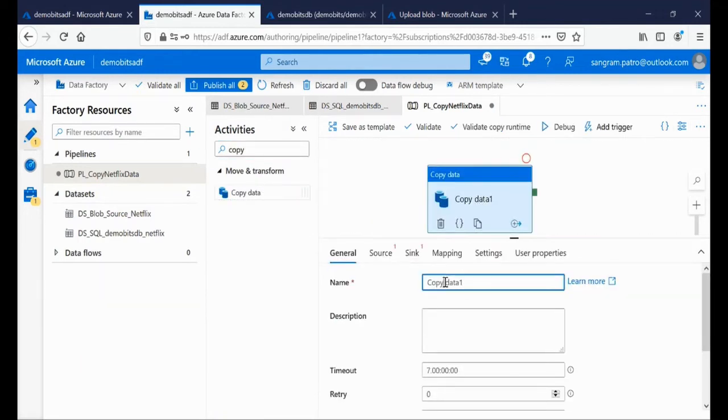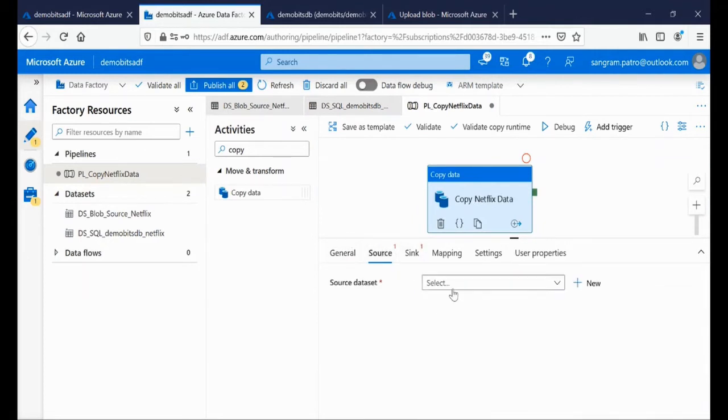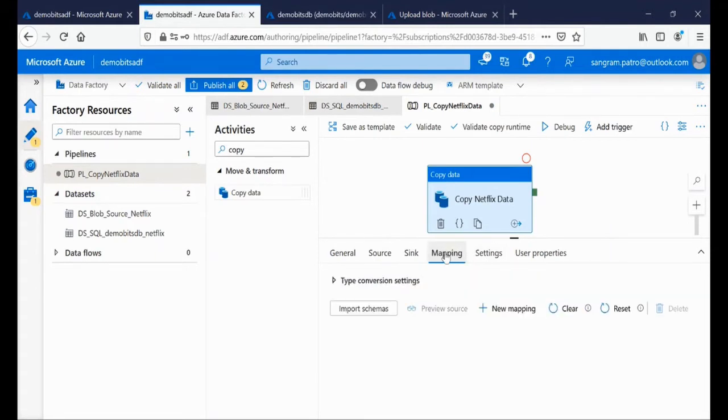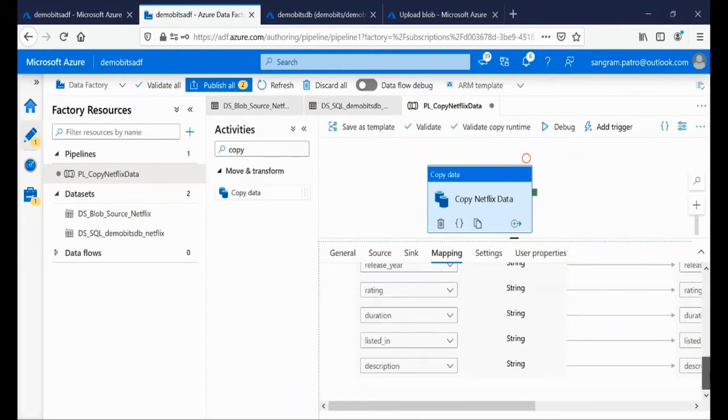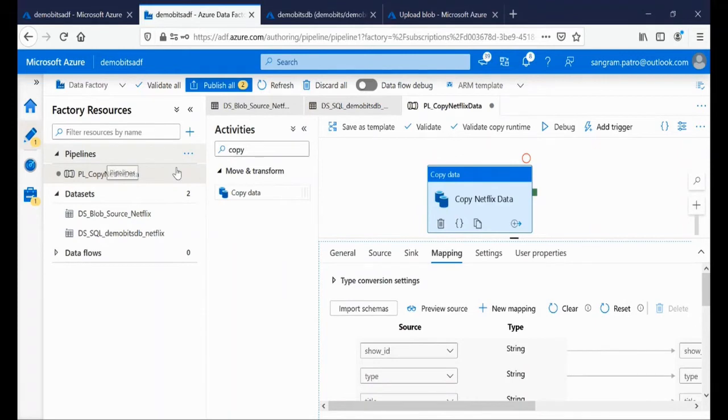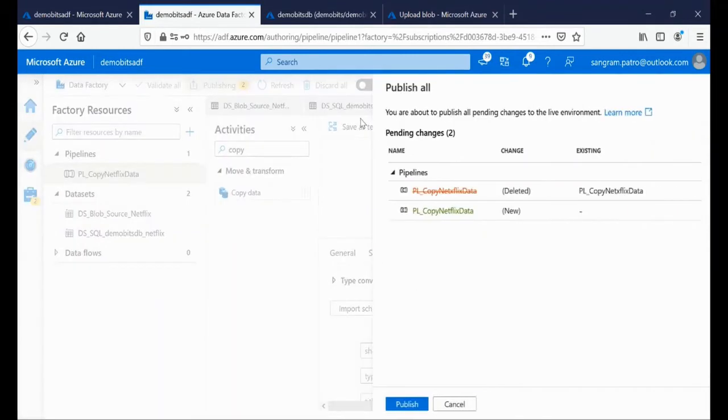Let's name this copy data activity copy Netflix data. And then select the appropriate datasets in source and sink. The source being our dataset for blob, and the sink being the table. And then I can go to the mapping and quickly import the schema. The mapping looks good to me. Okay, now let's go ahead and publish the pipeline.